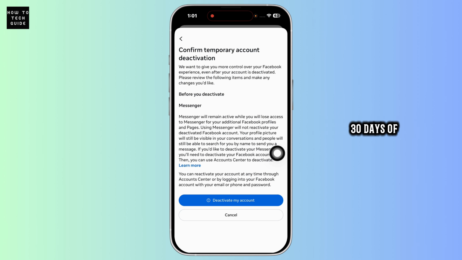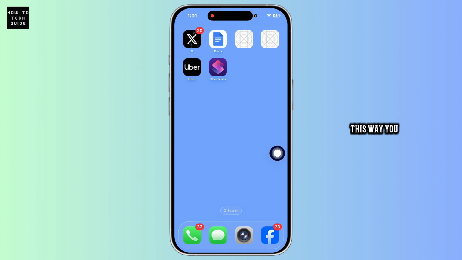After completion of 30 days of deactivation, your account will be permanently deleted. So before completion of 30 days, you'll need to reactivate your account. And that's it. This way you can easily